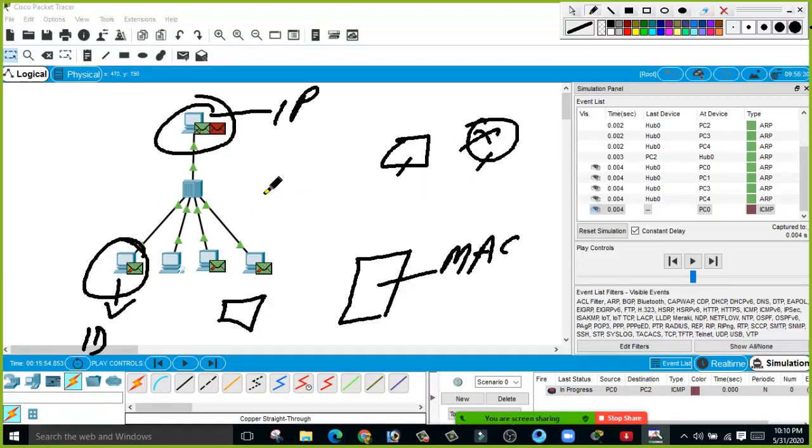The MAC address is stored in the NIC card, the network interface card. Inside your computer there is one card called the NIC card. If you change the NIC card, your MAC address will change, because different NIC cards have different MAC addresses.